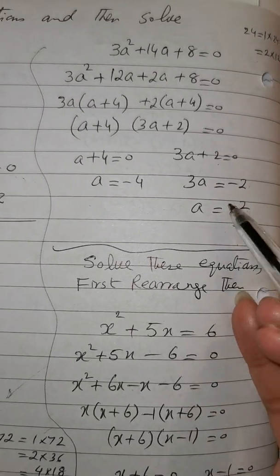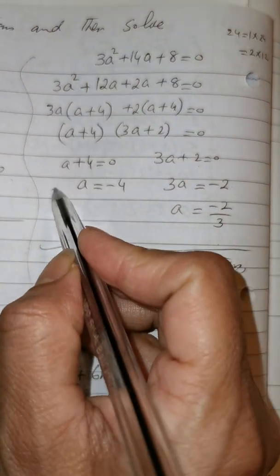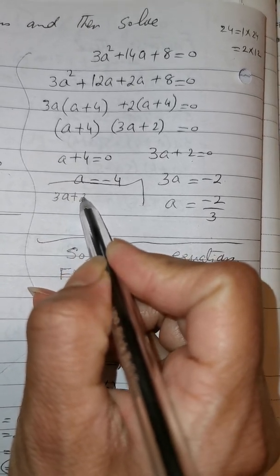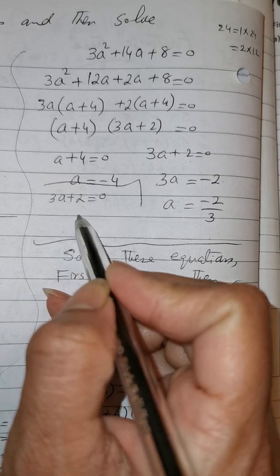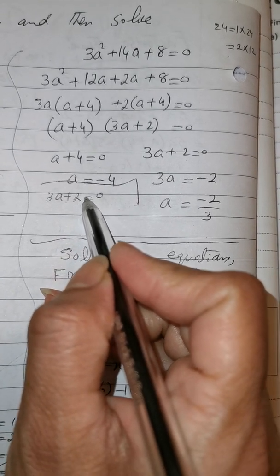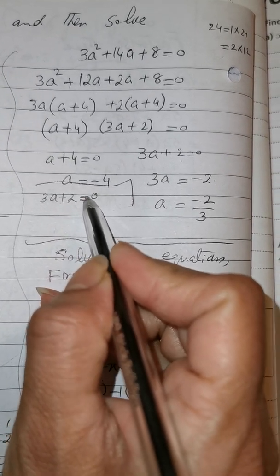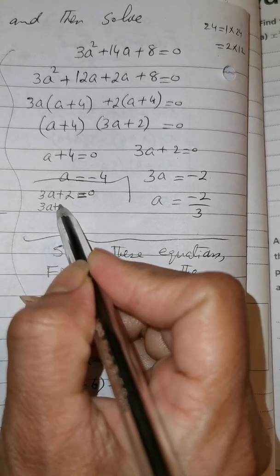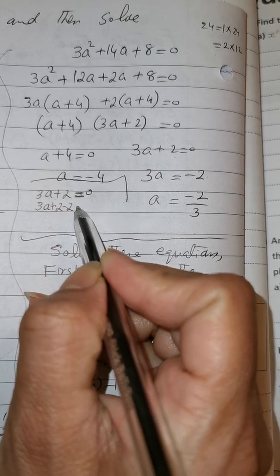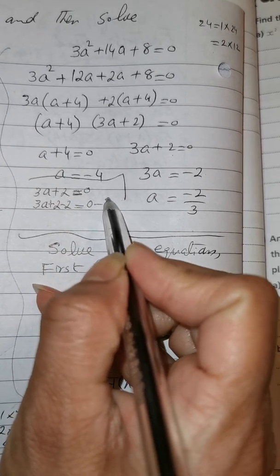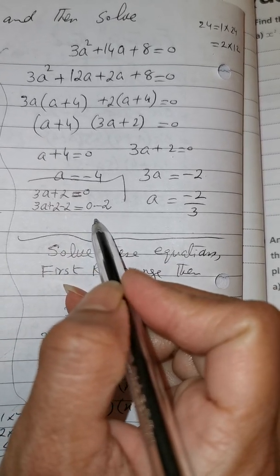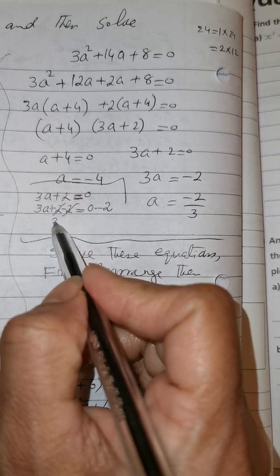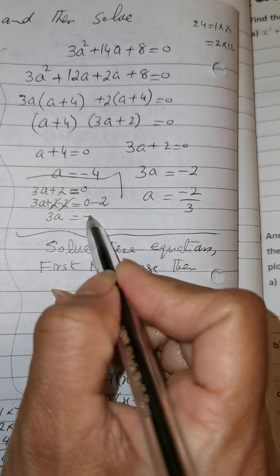In case, what the procedure is going on, I will show you. 3a plus 2 is equal to 0. To balance the equation, you have to maintain its equality. So if I am subtracting 2 here, then I will subtract this 2 on both sides to maintain the equality. Here minus 2 plus 2 will cancel each other and the value will be 3a